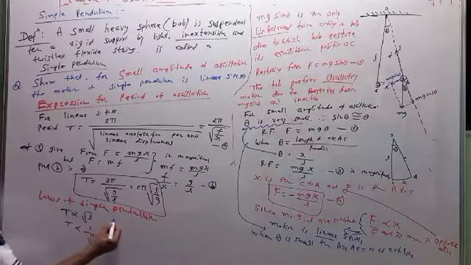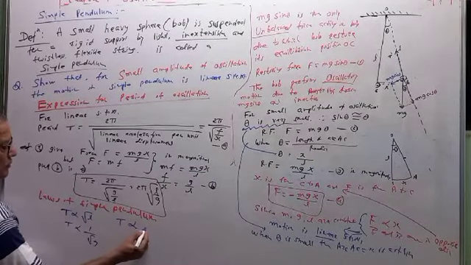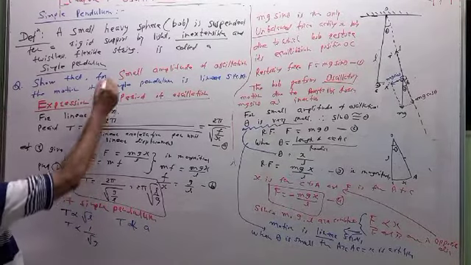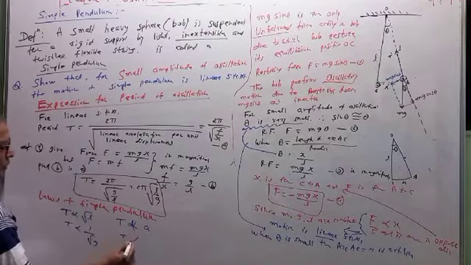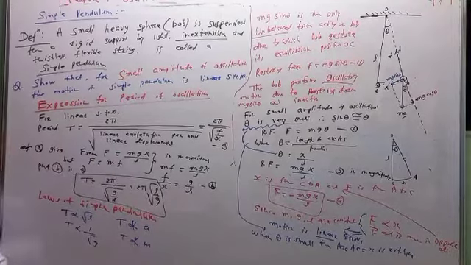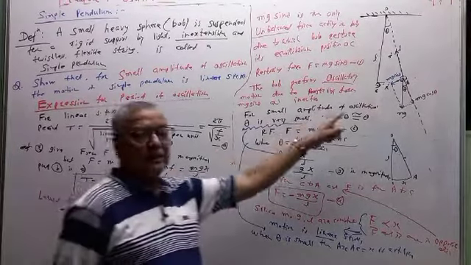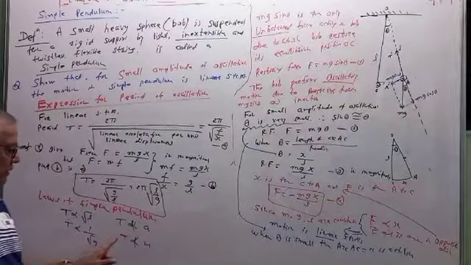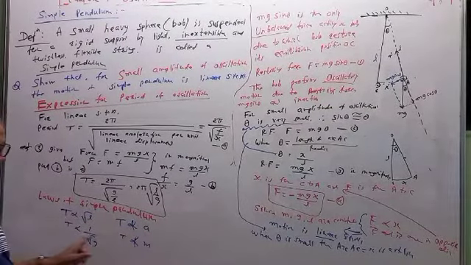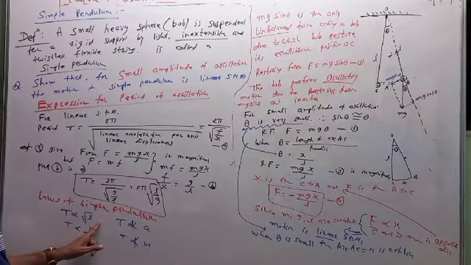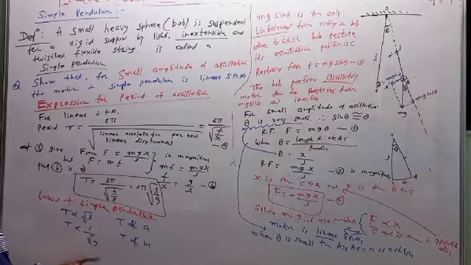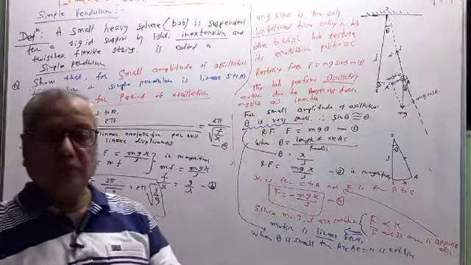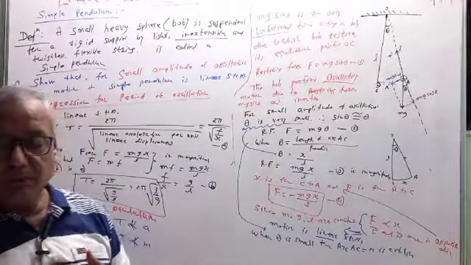Length. Now, there is no term of amplitude. So it is independent of amplitude, but the amplitude should be small. Also, there is no term involved with the mass of the bob. M does not appear in the equation. So it is independent of the amplitude of oscillation. It is independent of the mass of the oscillating body. It is directly proportional to the root of the length. It is inversely proportional to the root of the gravitational acceleration. So these are known as the laws of simple pendulum.